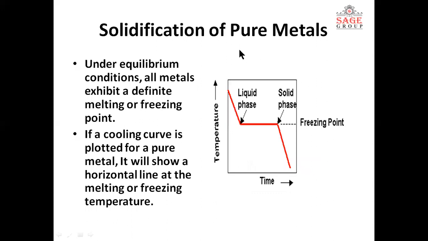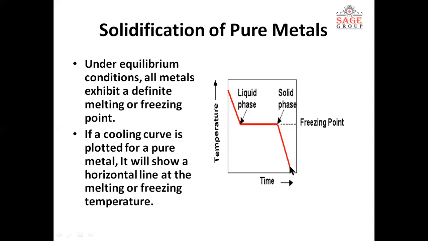When we talk about a very pure metal, some impurities may be there, that doesn't matter, suppose pure aluminum, not some aluminum copper alloy or aluminum zinc alloy or aluminum silicon alloy. It's pure aluminum, around 99.99% pure. So for pure aluminum, pure iron, or pure magnesium, when their cooling curve is plotted, it shows this type of figure, as shown here.